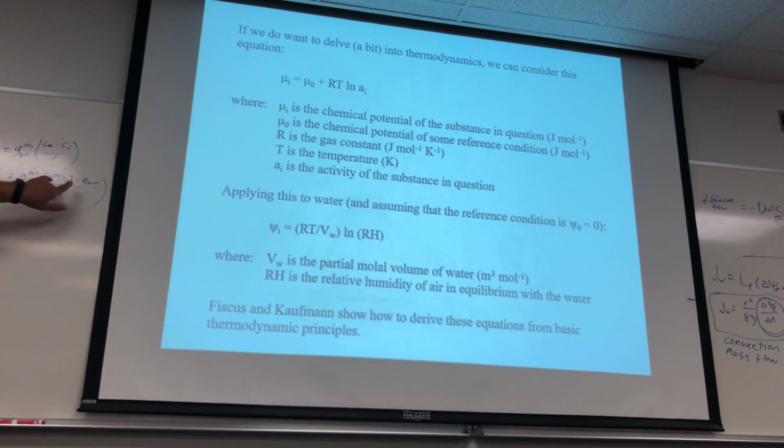So again, here, this difference in water vapor concentration inside and outside is the driving force for that diffusive flow out of the leaf. And then there's a conductance term of how easy it is for the water to move through the air. So these diffusion equations,